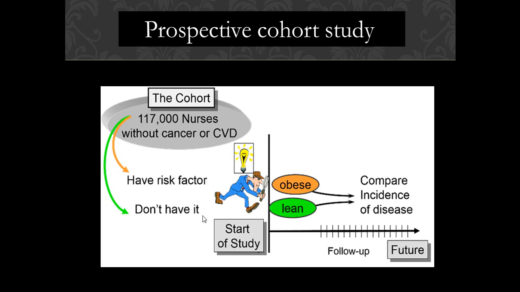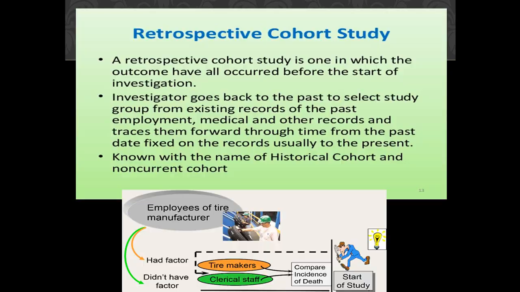Some of them are exposed and the others not. Then we try to check whether there is any relation between obesity or leanness, these two factors or variants, and the appearance of cancer and cardiovascular disease in the future. So this is another type of prospective cohort study. Now we will discuss